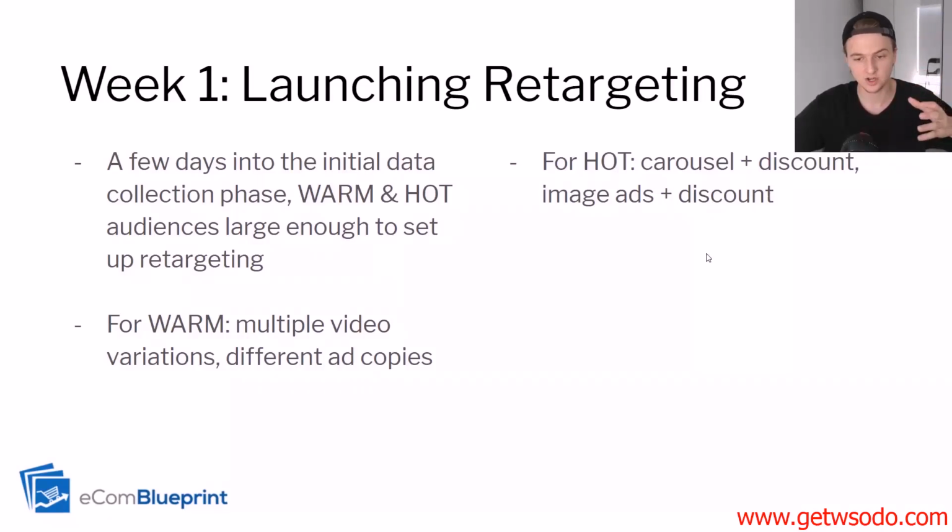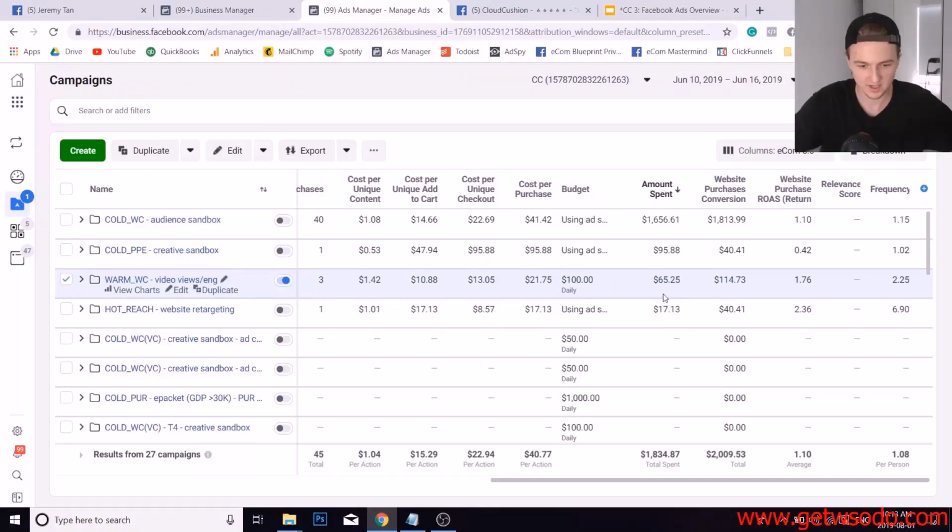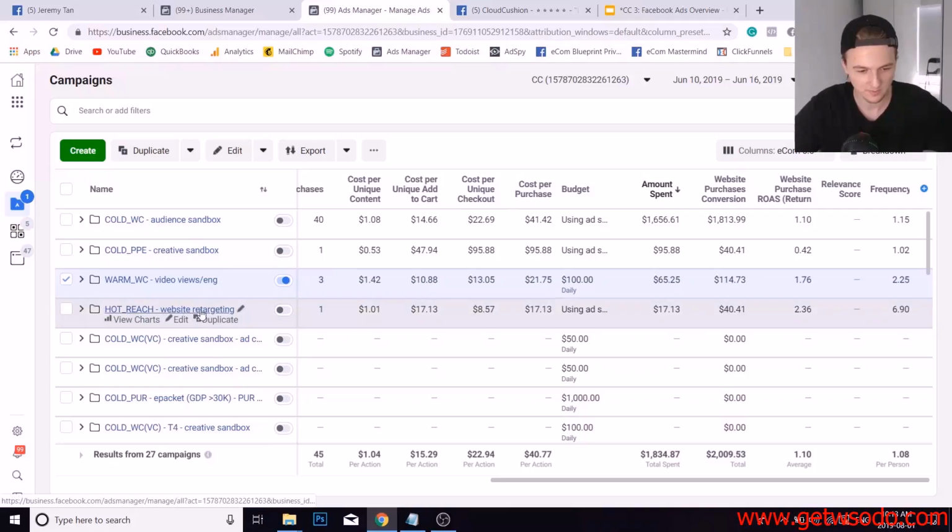And so I'm actually just going to hop into Ads Manager to show you that. All right, so back inside of Ads Manager, let's take a look at the retargeting campaign. So if I go to this one, this is the hot retargeting, and you can see that at the start I did some reach retargeting. So the campaign objective was reach. I just wanted to try this because the retargeting audience was quite small, and it did quite well